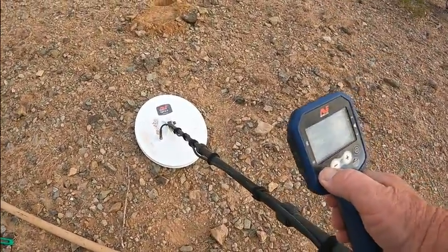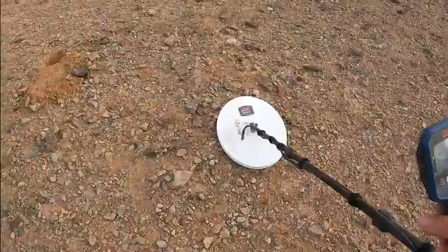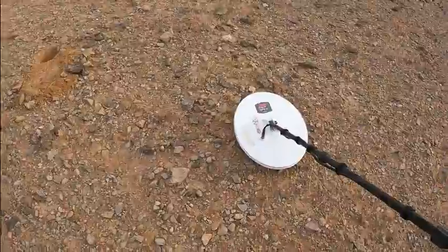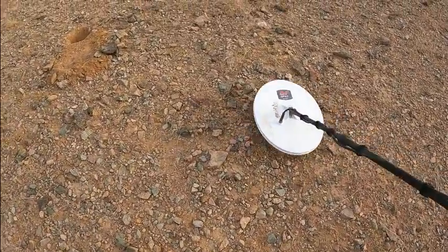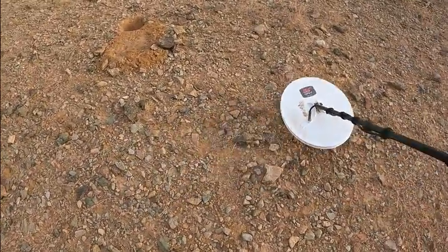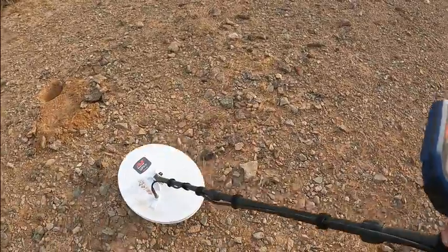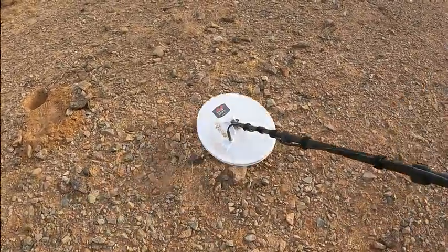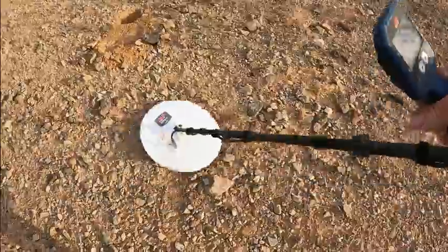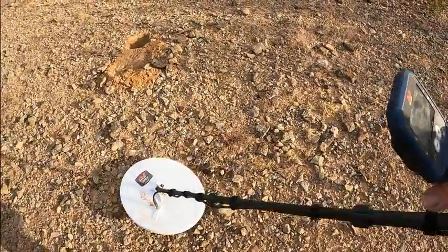Okay, now the 6000 with this 17-inch coil on here. It picks that up. It's not a screamer like the other one is, but this is a big coil. The bigger the coil, you start to lose your...